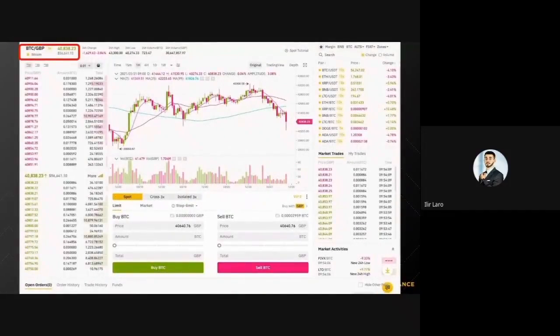Again, it's a bit more complicated. I'm just going to go over step by step. So at the top left-hand corner, you can see the actual trading pair. You can actually see the price. You can also see some cryptocurrencies or sub-crypto trading pairs also have